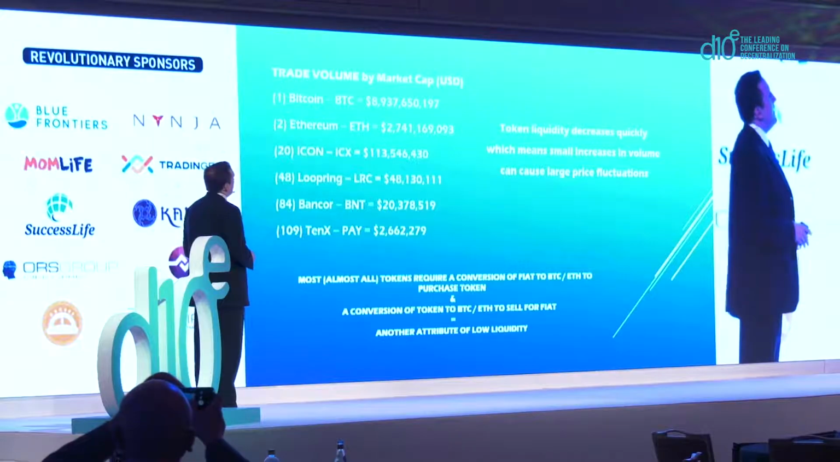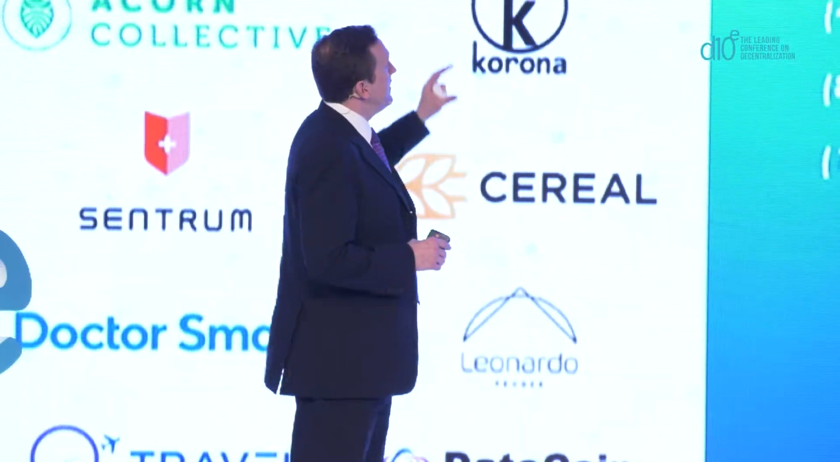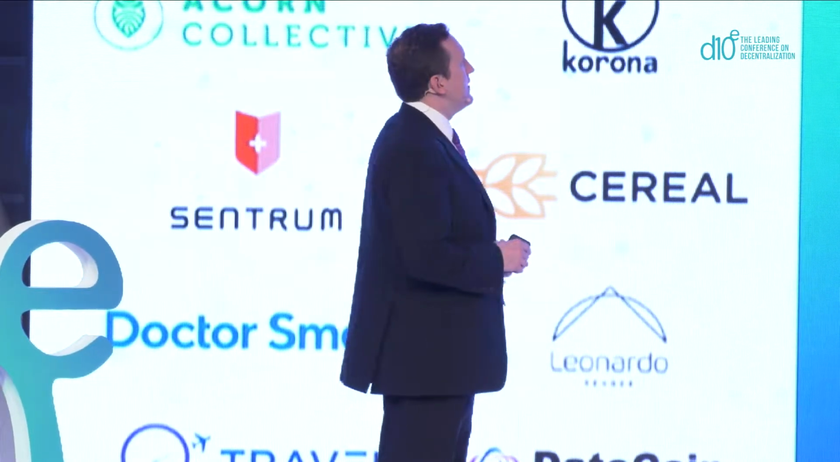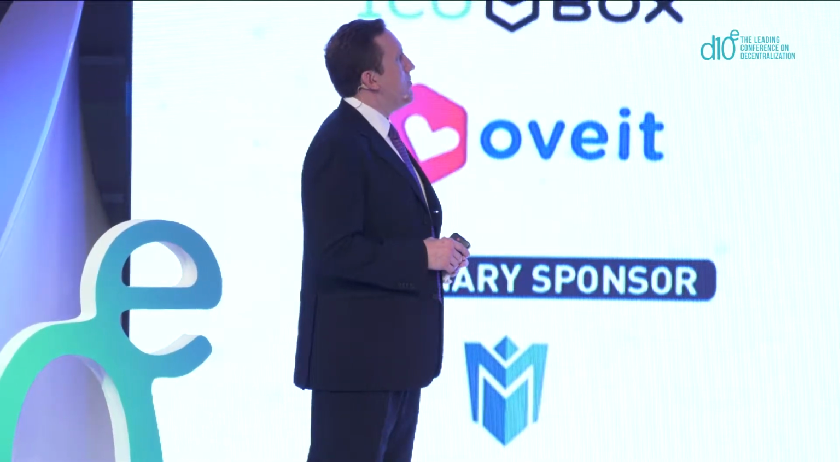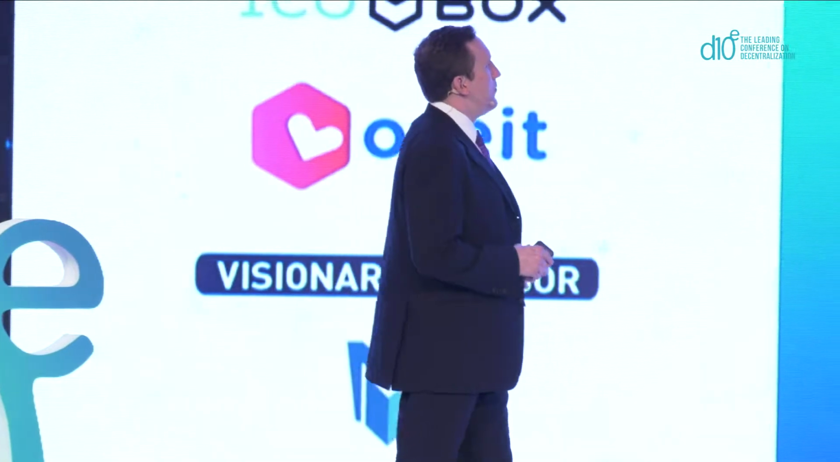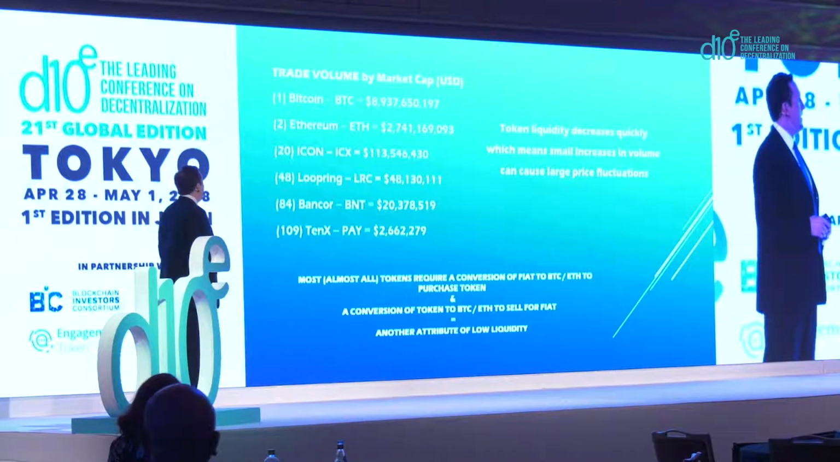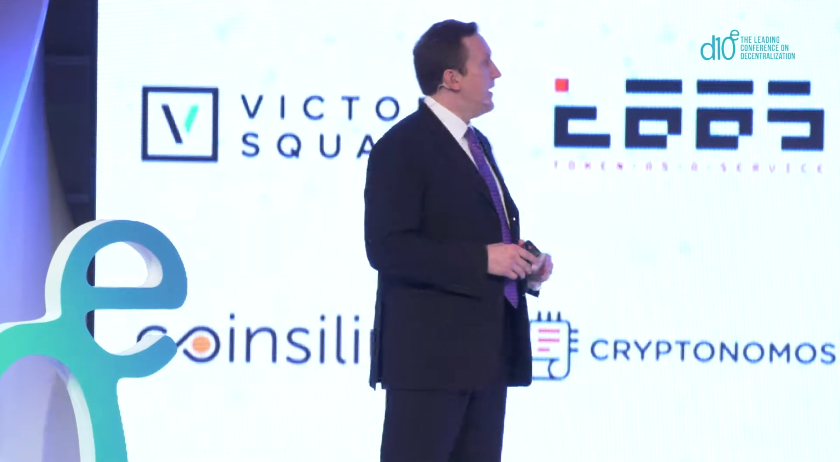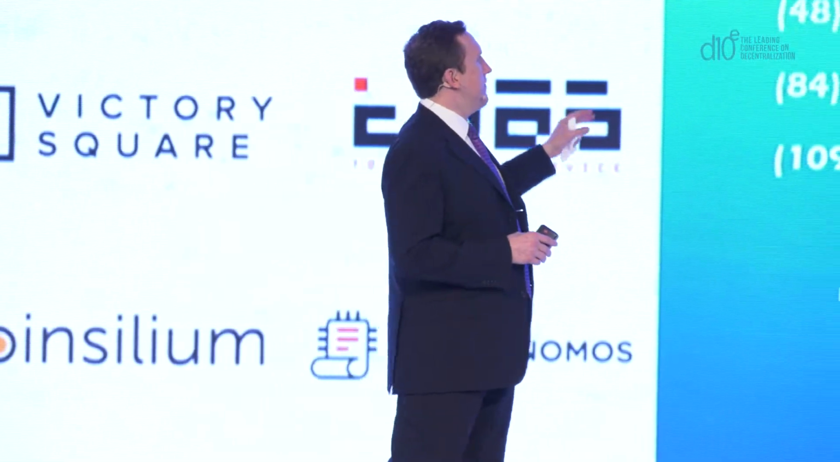If you want to look at trade volume by market cap, just so you can see how the liquidity changes quickly for the top tokens, yesterday Bitcoin did almost $9 billion in transactions. Ethereum did 2.7 billion. You go to the 20th token by market cap, it only did 113 million. You drop to the 48th token in market cap, Loopring, it did 48 million. You go to the 84th token in market cap, now you're down to 20 million. And now you're down to the 109th token, 10x lower, at 2.6 million. Now there's, I believe, 739 tokens. So as you can see, token liquidity decreases quickly,